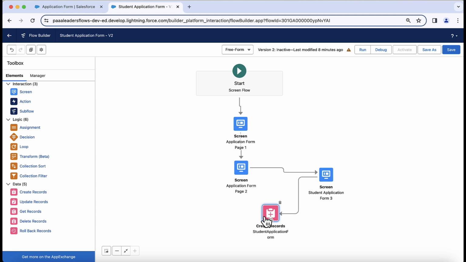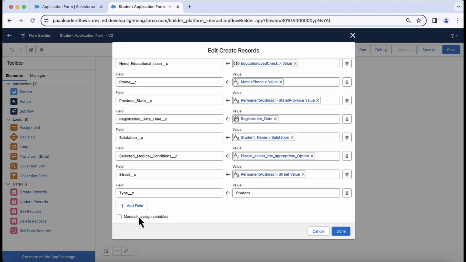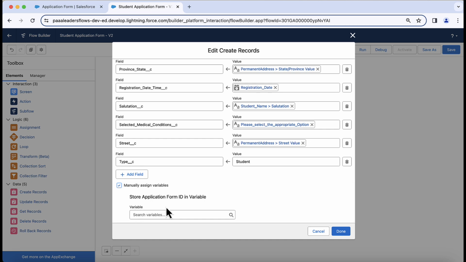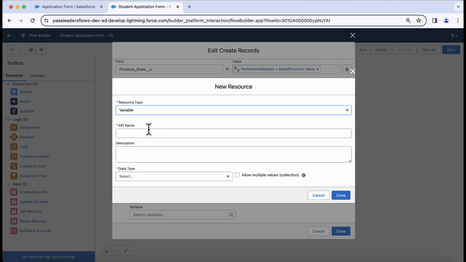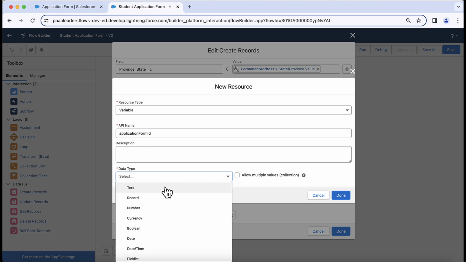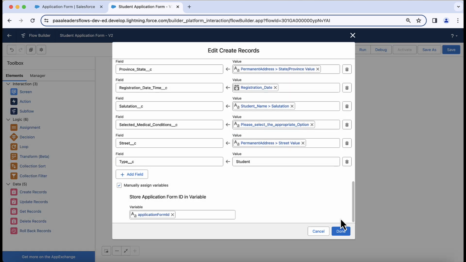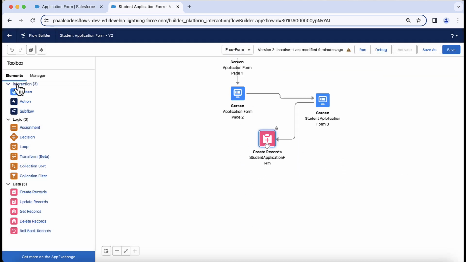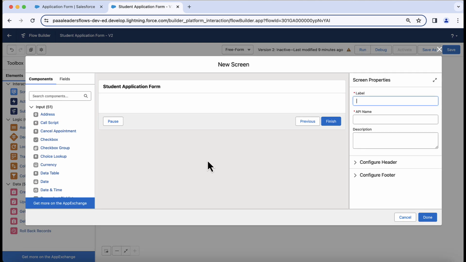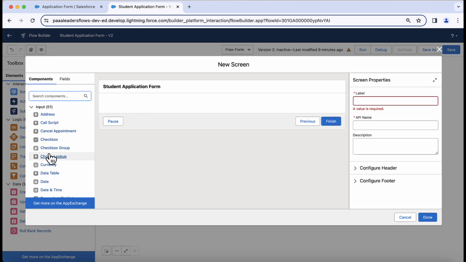Now once the record is saved into the database, I want to store the form ID in a variable, okay. So I'll create a new resource, and this resource is a variable with the name application form ID, and data type is text, and done. So once the form is saved, I want to show this to the end user that your record has been saved successfully. So I can create another screen and